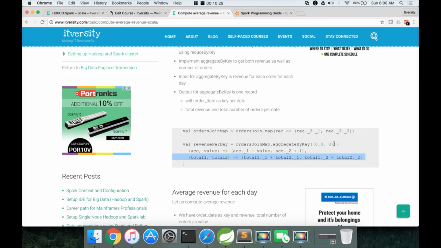Okay, so the first parameter is given as part of the first circular brackets. It is used for the initialization. In this case, the initialization should be based on the output type. Our output type is of type float and integer, hence we are initializing like this. It's a tuple with the float as first element and integer as second element. Hence we are defining the first parameter like this. I am copy pasting this one.